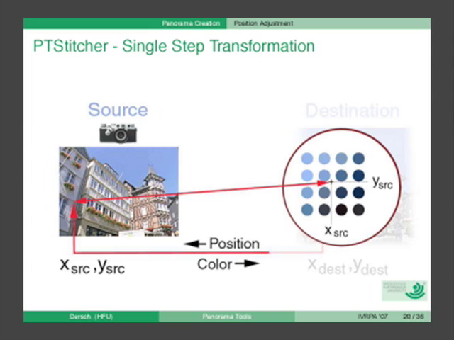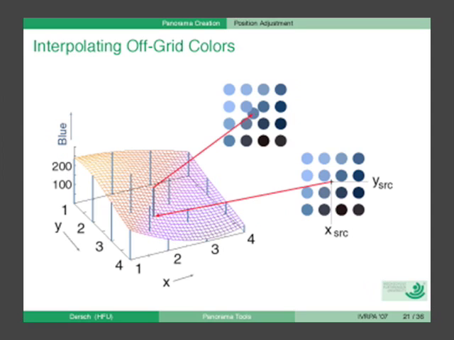Yeah, there remains just one problem. If we want to fetch a pixel here, there is usually none. If we enlarge this area, which is shown over there, then the calculated source position is usually off-grid. The pixels are here, and we usually hit an off-grid position. What we then need to do is